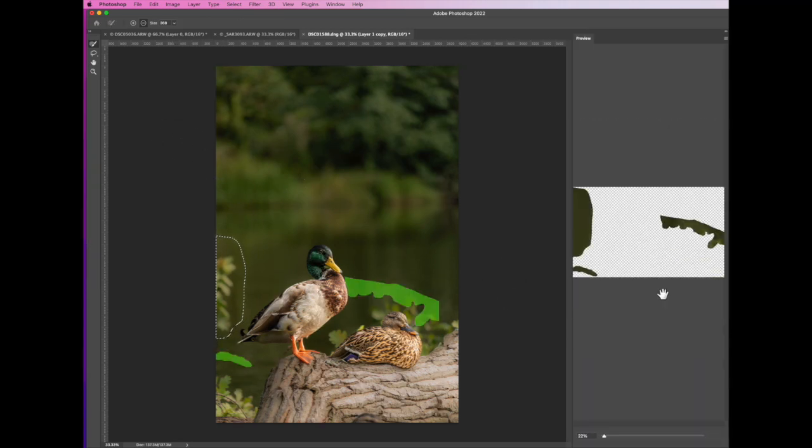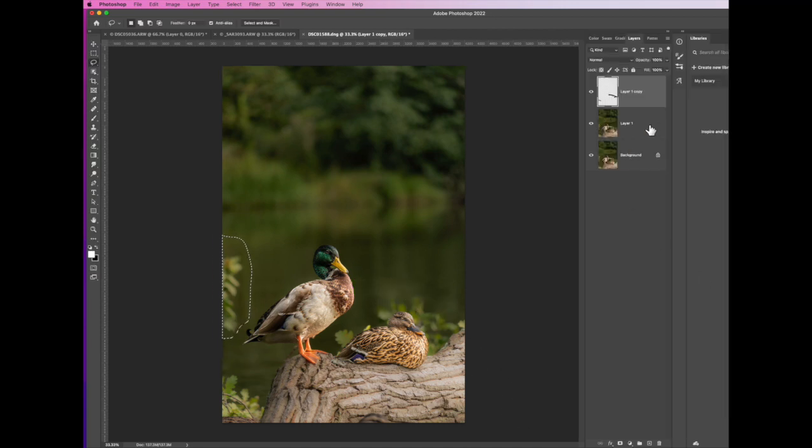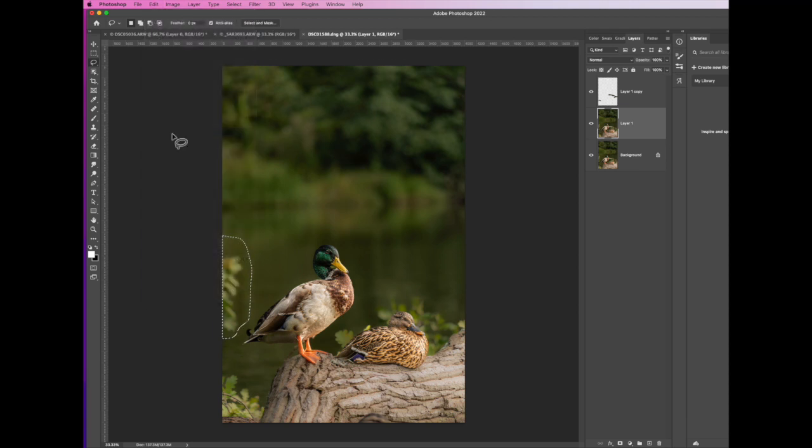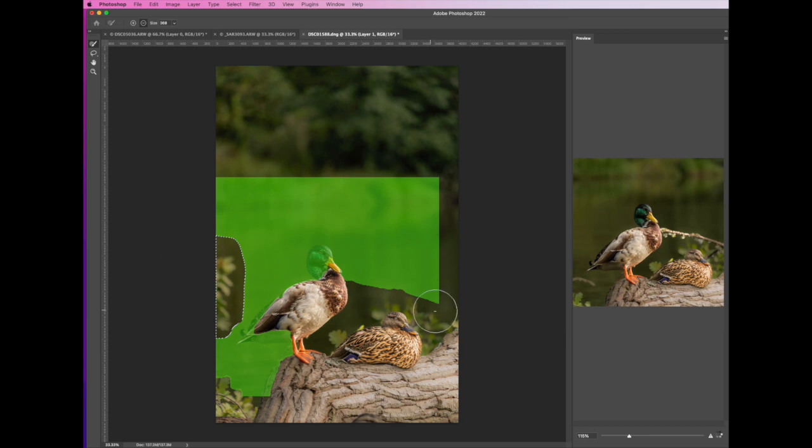So can you see there's very little to select from? So that's not what we want to do. It's working in this instance, but that's not what we want to do. So we're going to cancel that, and we're going to click on layer 1. We'll go edit, content aware fill, and this time we get a much bigger area to sample from, and that